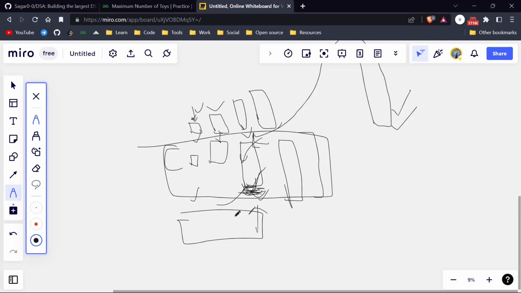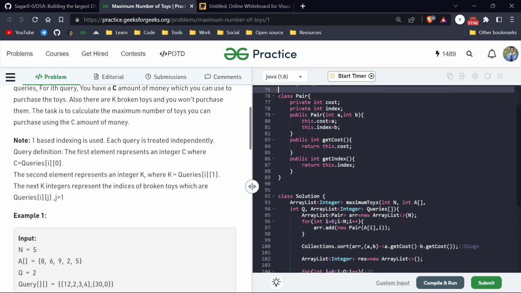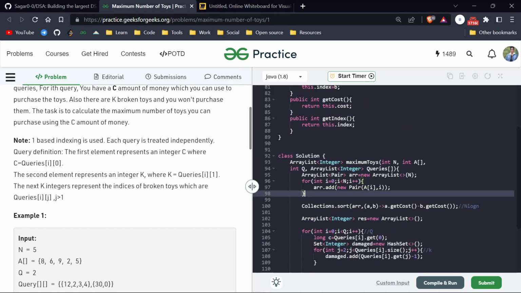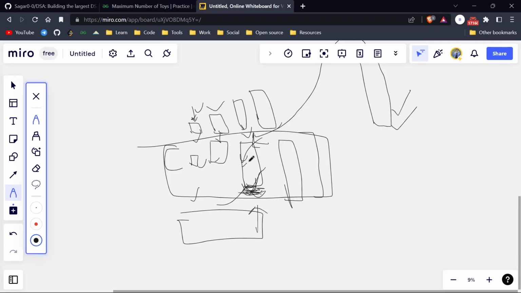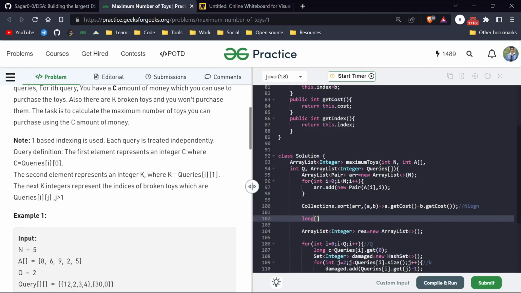But now there is a problem. First of all, I hope now you understand this prefix sum, and I will just create that. So now we have to also create our prefix sum. I will create a long, because we have to add all the values, and that will obviously be a long value. Prefix sum total size will be n